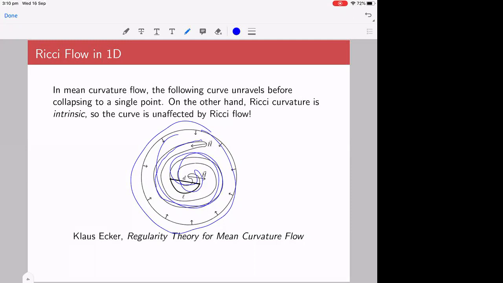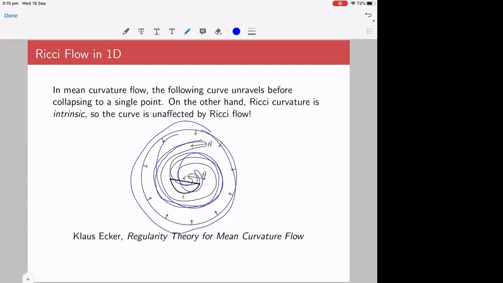Is it true that this curve is going to unravel before it hits a single point? One of the interesting results in the theory of mean curvature flow is that this unraveling of the spiral does in fact happen quicker than the shrinking. So that's all well and good, but at least in terms of a picture like this, there's no easy picture